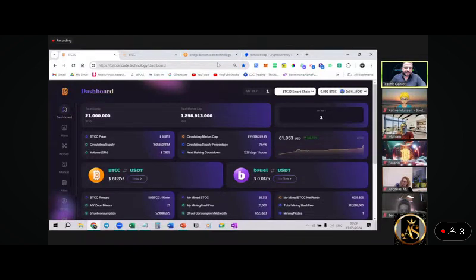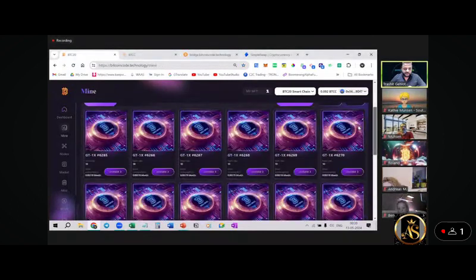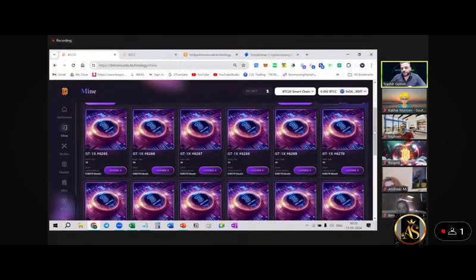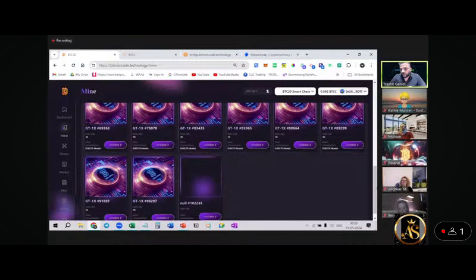This NFT is right now not mining. It is available as an NFT, but it is not mining. You can see I have 21 NFTs over here, right? And if we go to the mining interface, you can count 1, 2, 3, 4, 5, 6, 6 into 3, 18, 19, 20, and 21. All right. So 21 NFTs are mining as of now, and there are two sections, miners in nodes and miners